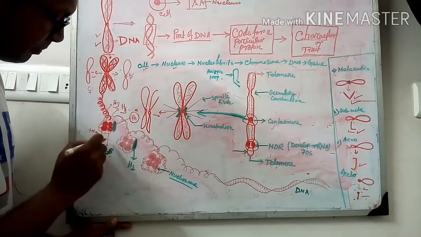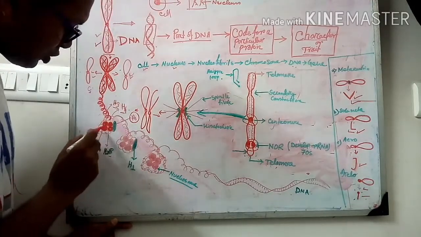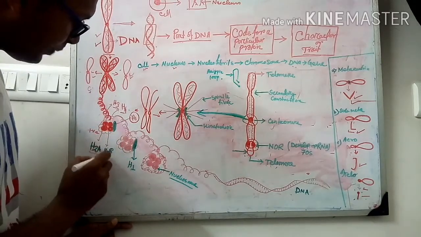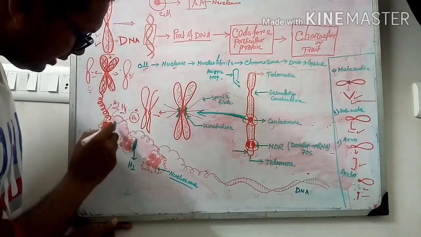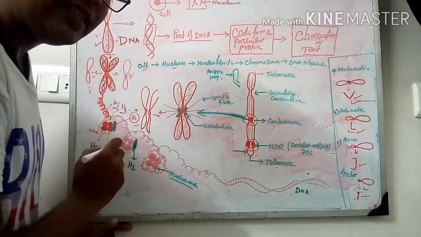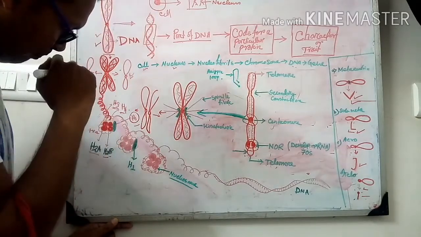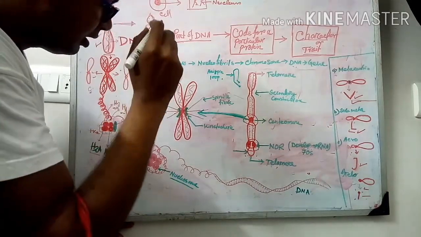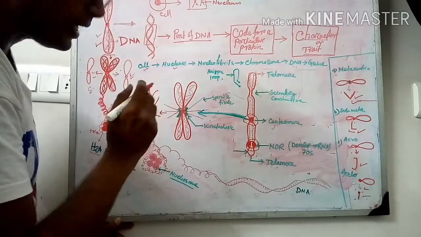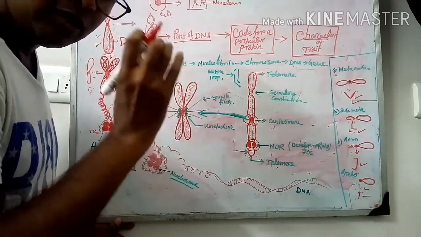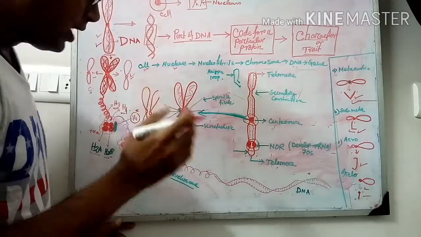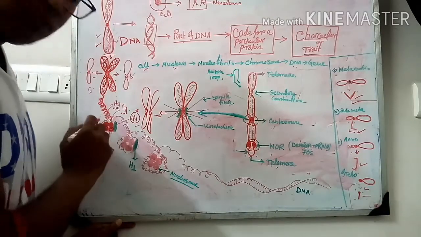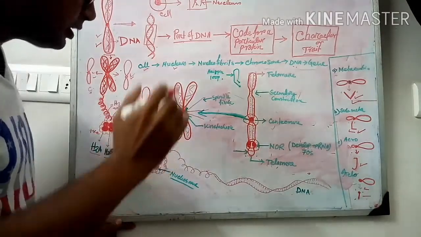However, what are the different histone proteins? Histone proteins are of 4 types: H2A, H2B, H3, H4, and another histone protein is H1. And these histone proteins are actually made up of lysine, arginine, and histidine. These kinds of amino acids are the basic amino acids. More than 45% of the amino acids present inside the histone proteins are mainly lysine, arginine, and histidine, which are positively charged